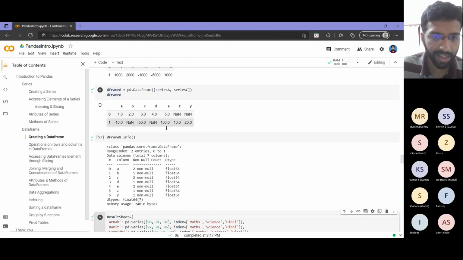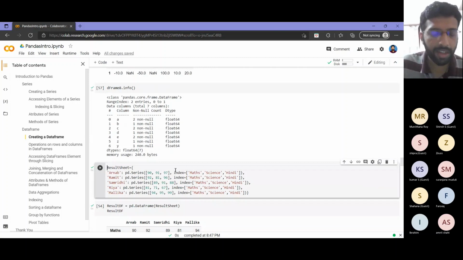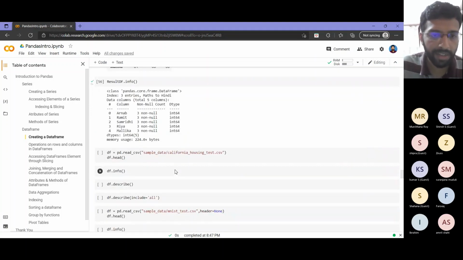Wherever NaN is there, I will get one count less. And the data type of all columns is float 64, because whenever NaN is there, that column will by default be cast as float 64, provided there are no strings in it. If strings are there, that will be treated as an object. Okay, I hope that part is clear.